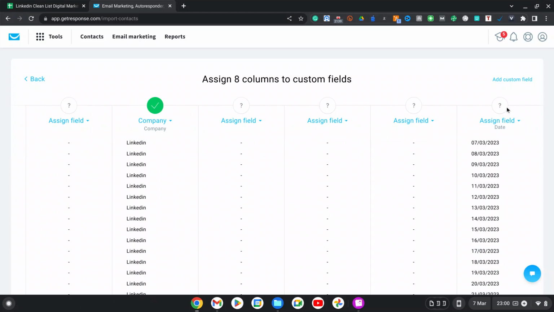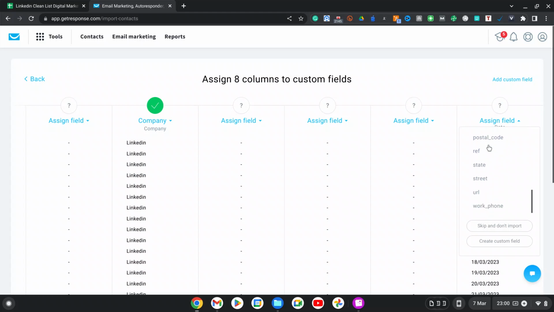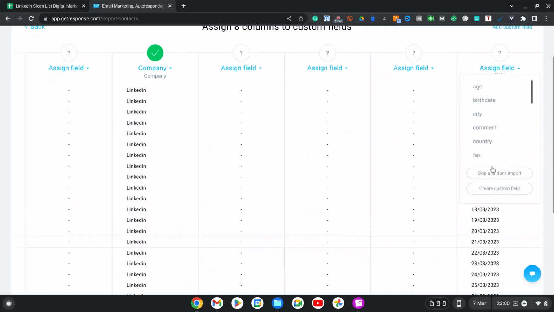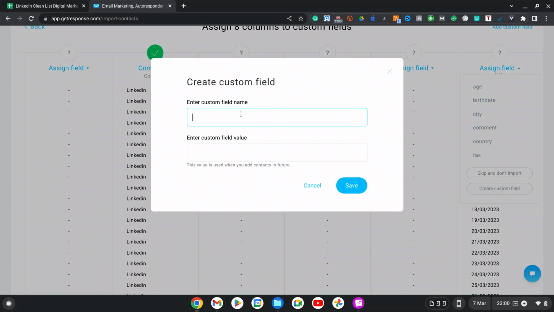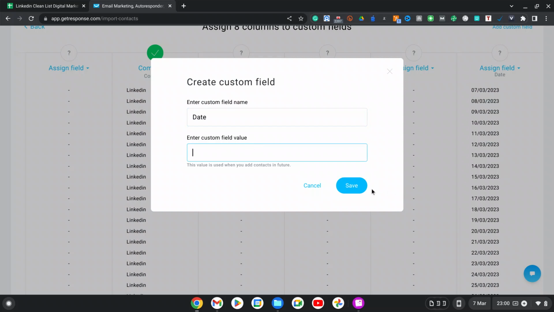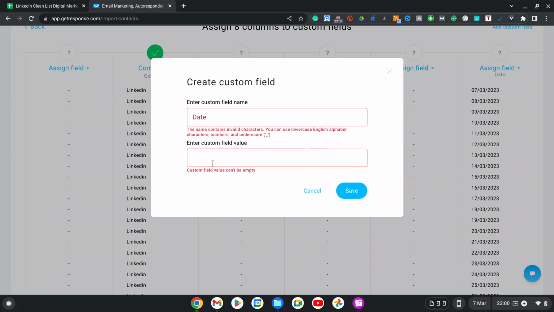Now, sometimes they leave this field blank. I don't know why. I always add it. So how do we do it? It is normally there. Just create a new one. It's very simple. There's a thing under there. So custom name would just be date. I just put the date. Save. Nice and easy. Okay, so custom field can't be empty. Right, okay, so